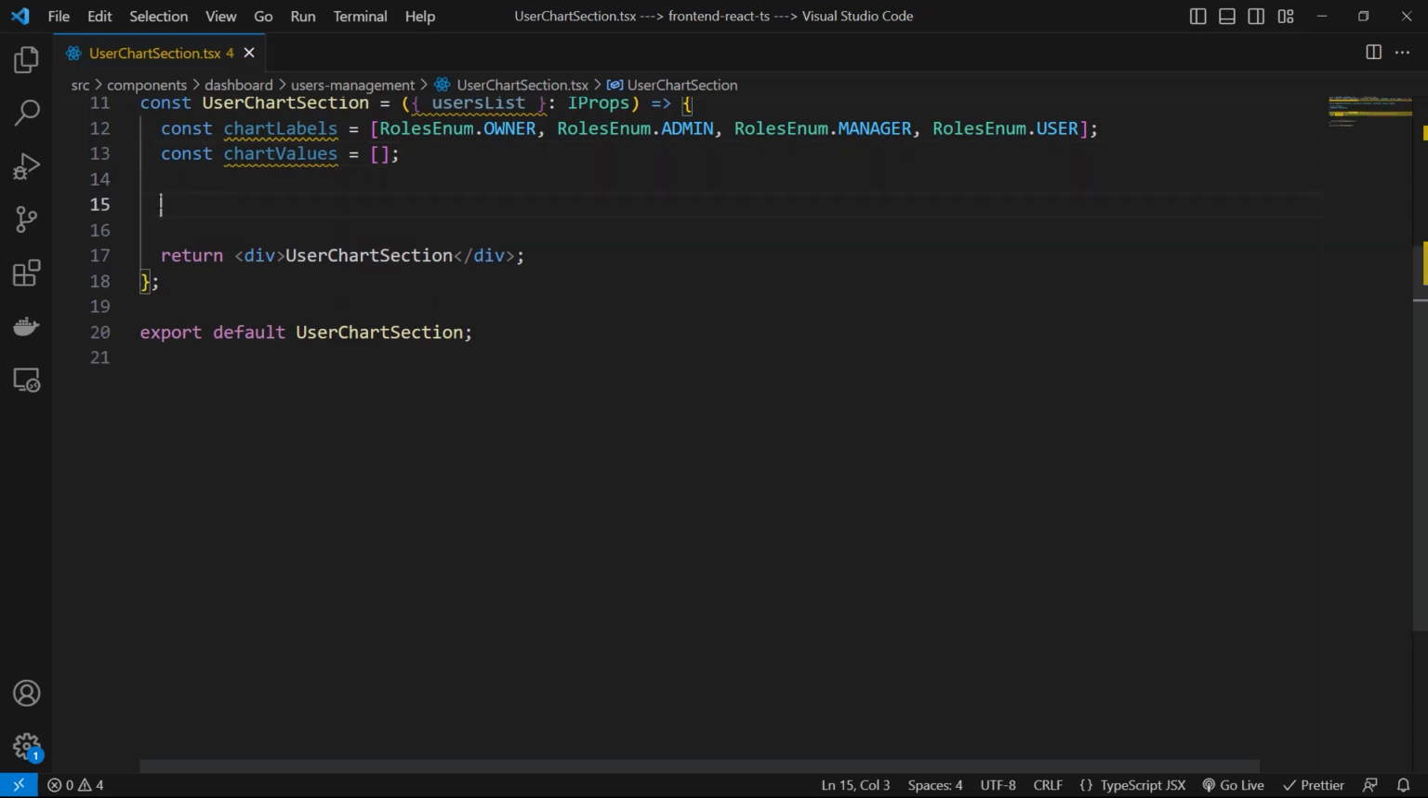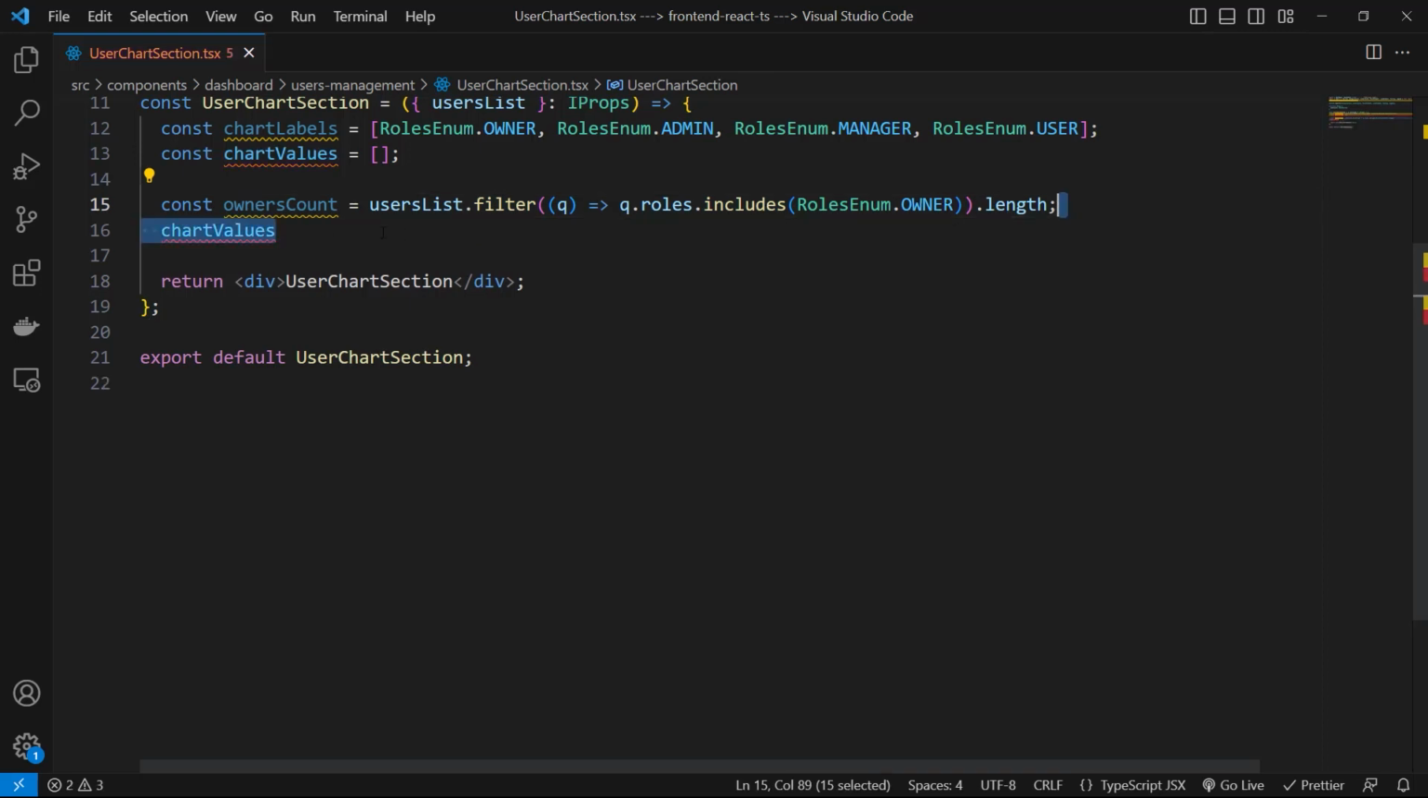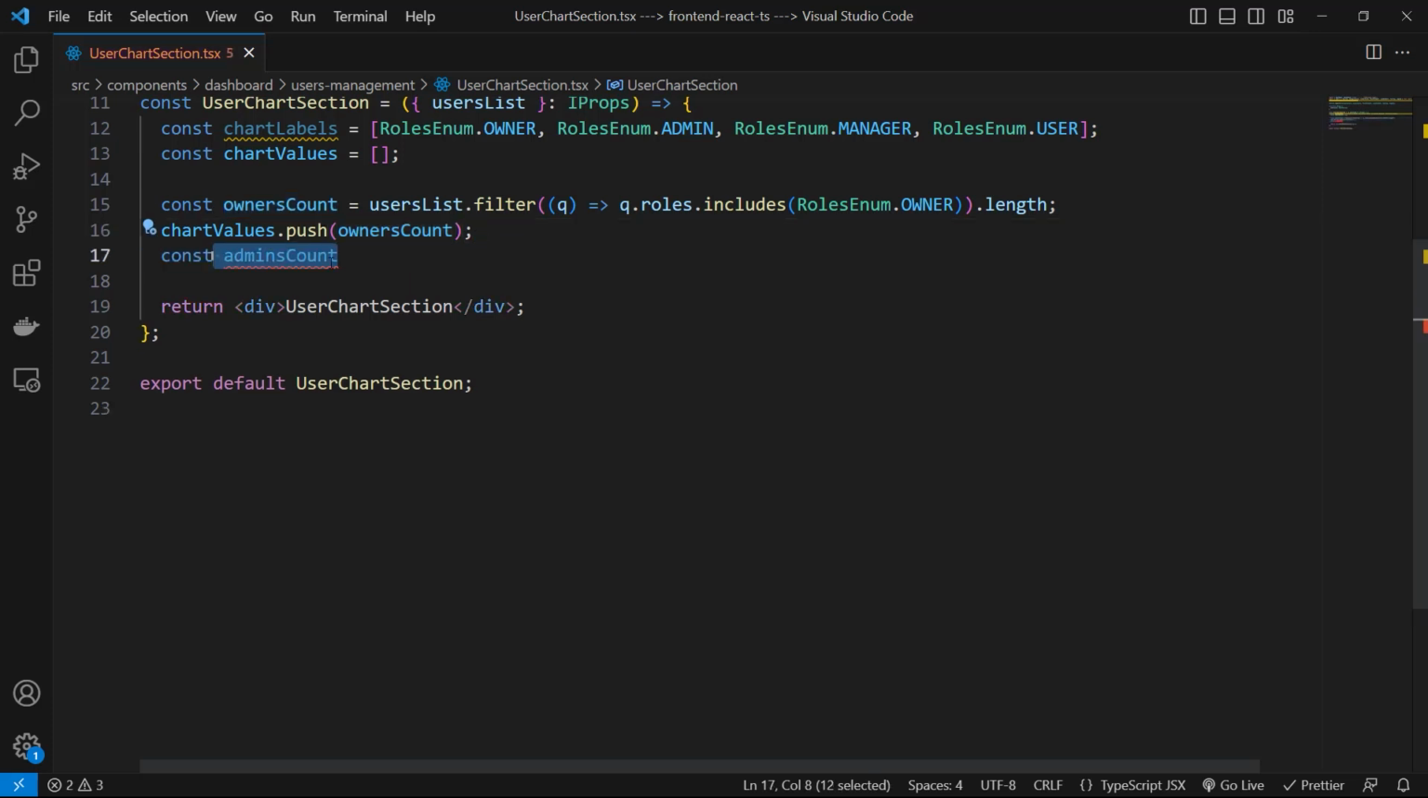In order to calculate the chart values, it's an easy way. Let me show you that. We can use the const of owners count equals to users list dot filter, and inside this filter we will receive the queue, and we will check that if the queue dot roles dot includes the roles enum dot owner, and we will calculate the length of this filtered users list. And after calculating the length of this, which belongs to the owners, we can simply use chart values dot push the owners count. So this is for the first value,